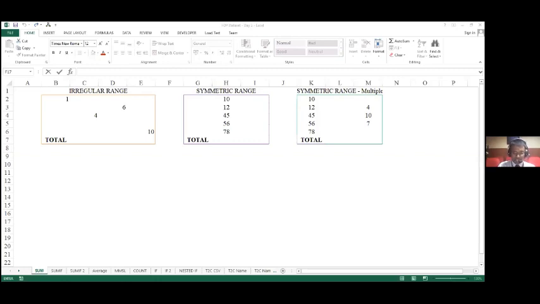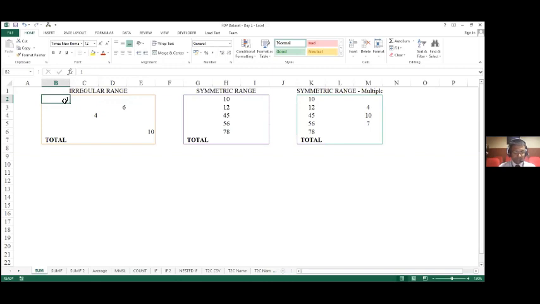So we will try and see how exactly we will go about using the formula for all these scenarios. So let's look at the first set. Here we have the set of numbers that I've given in the orange box. Now, if you notice over here, my numbers are all randomly spread across this table.